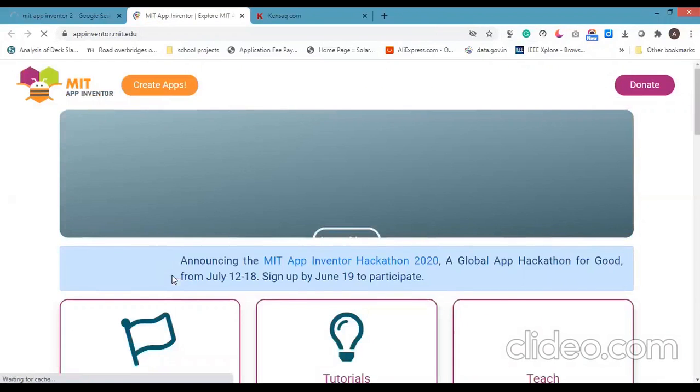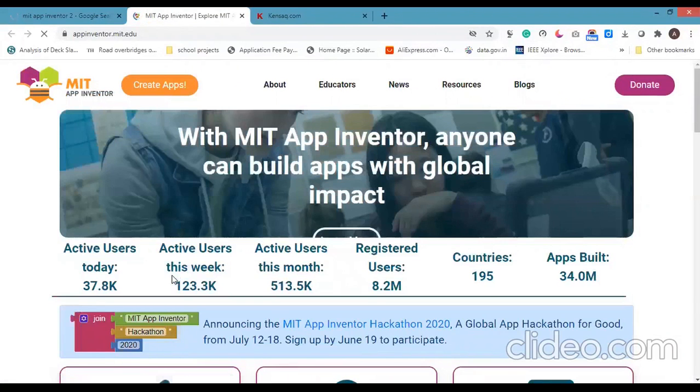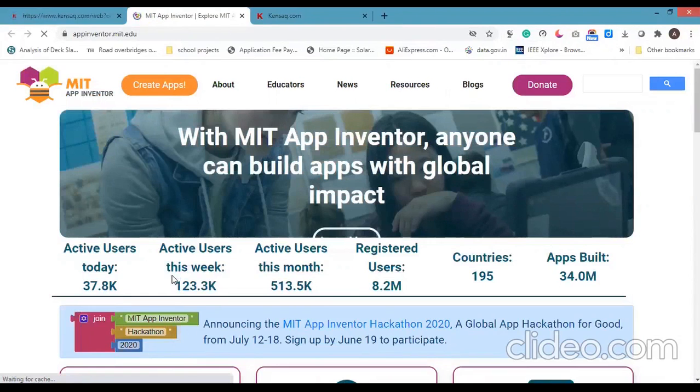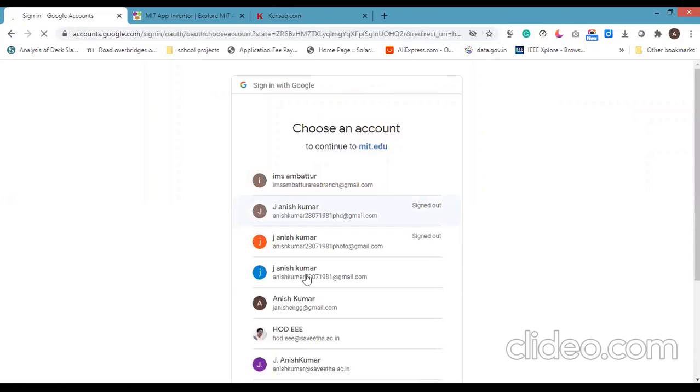The next step is to create an app. For that, it will ask for a Gmail account. Use Gmail account to log in to MIT App Inventor. Click the Create App. It will ask your Gmail ID.